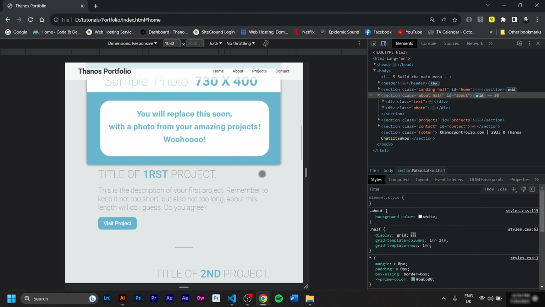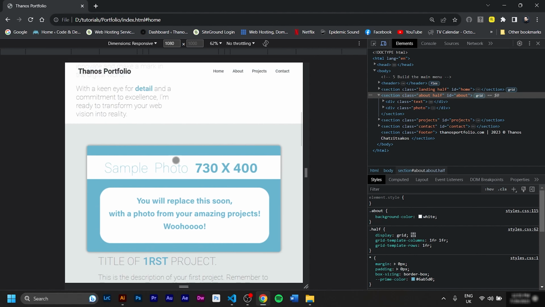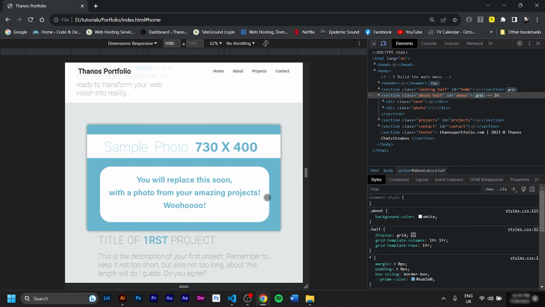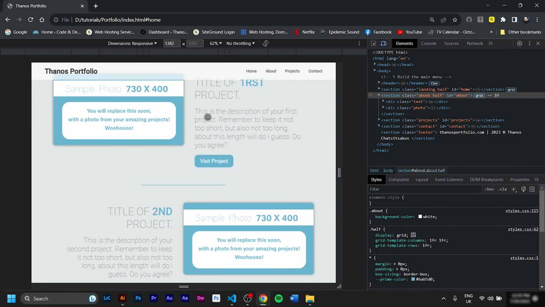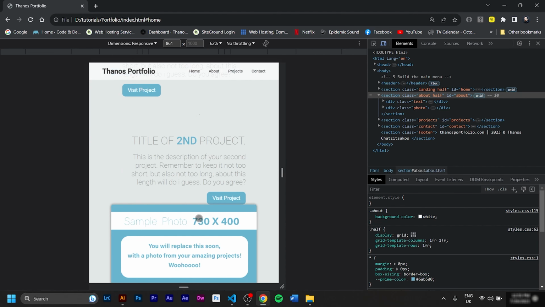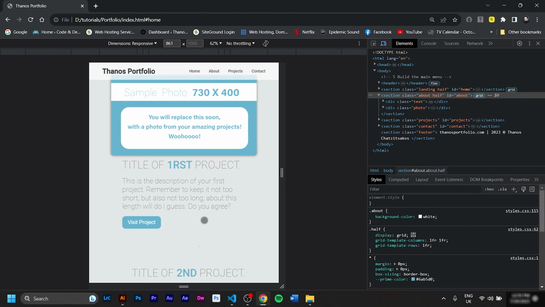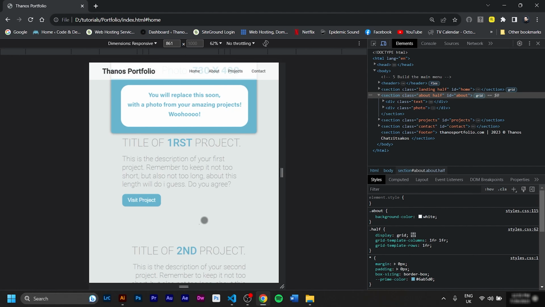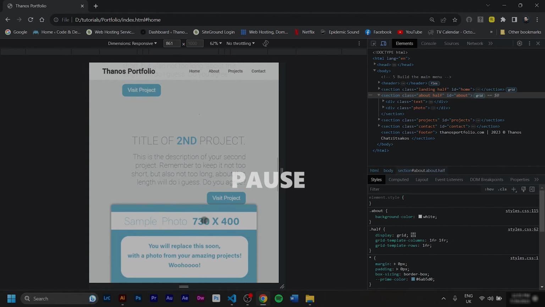However, some stuff does not look great. For instance, here I have my photo on the top and then the text. Of course I can center this, it's very easy. I don't like that before we had right and left, so we had photo text, text photo, this made sense. But in this arrangement we have photo text, photo text, and I want photo and text alternating again. So how are we gonna do that? If you have any ideas, you can pause the video and think about this little problem. If you don't, continue watching and I will solve it for you.